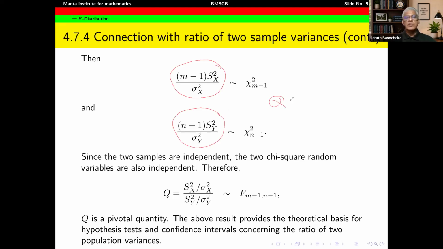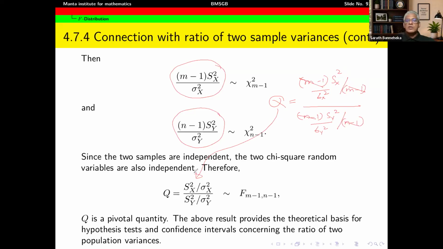So let me take Q to be (m minus 1) sx square divided by sigma x square divided by its degrees of freedom, divided by (n minus 1) sy square divided by sigma y square divided by its degrees of freedom. So you can see that these are cancelling out, and therefore Q is equal to this quantity,